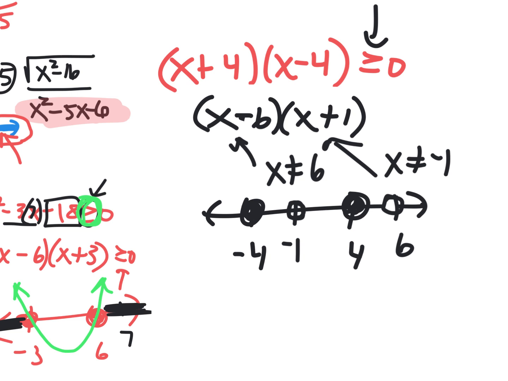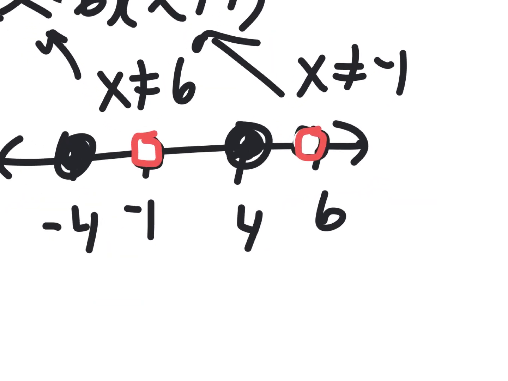Now I put empty spots here and here because, again, it's not allowed to be those things. Can't be this, can't be that, period. You can test them if you want, but if you stick it in, you'll find out the bottom is 0. Can't have 0 on the bottom of a fraction. Now we have the nasty job of testing all of this, and I'm going to depend on,